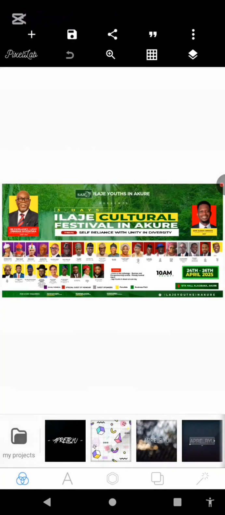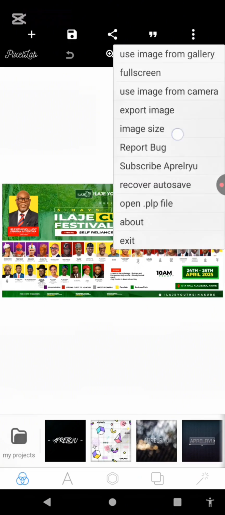Because one of the things that is making it hard for me to save is because the content on the design is too much, and the design is heavy. So if it is just ordinary designs that have only one picture or two pictures and text, it might save. But because the content on it is very high, it is difficult for it to be saved. So what I'm going to do is that I'll start dividing it. So the first thing here is